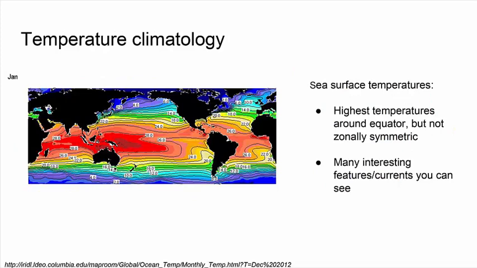And this is showing the same thing, but for sea surface temperatures. You'll notice again, you have the warm belt over the tropics, but it's not zonally symmetric. What that means is there are regions where the ocean is much warmer than others. Other features to note are the Gulf Stream coming up here for North America, which brings warmer water up our east coast and over to Europe, and the Kuroshio Current in Japan. So this is just to show a broad view of the average temperatures on land and also the ocean.